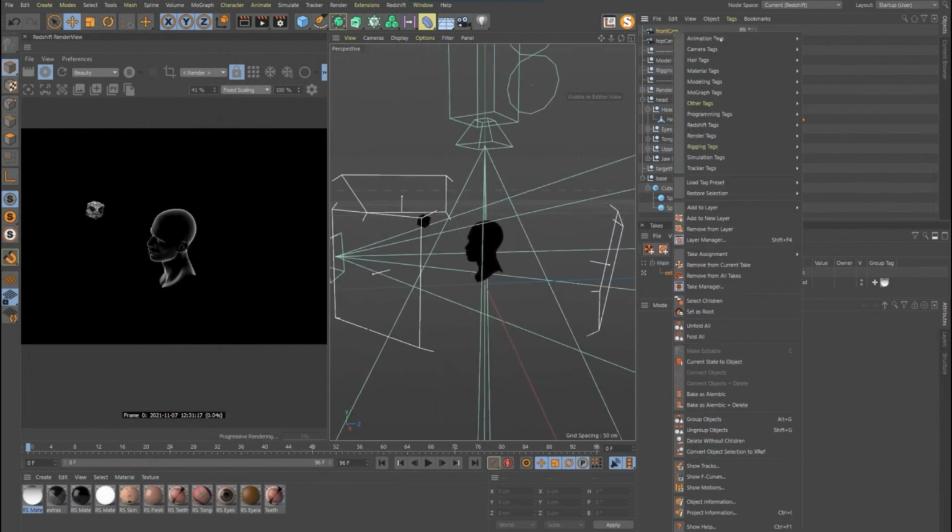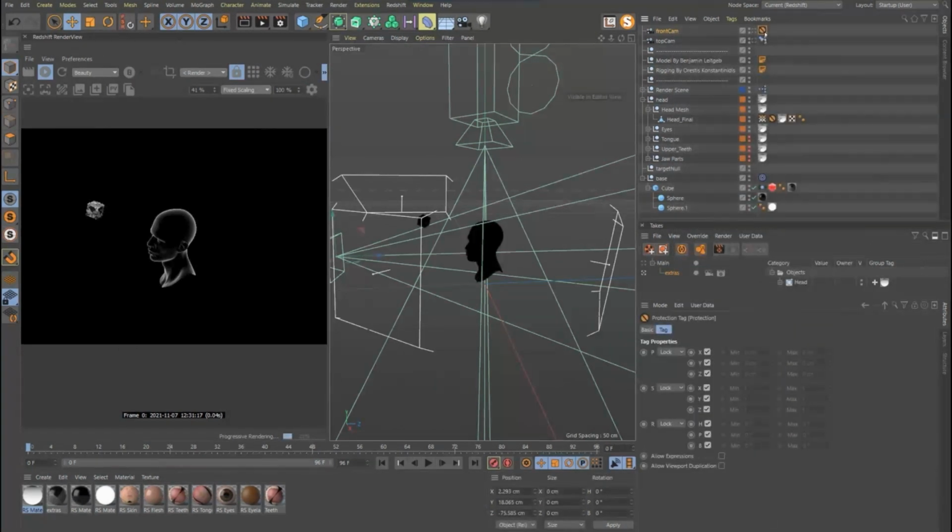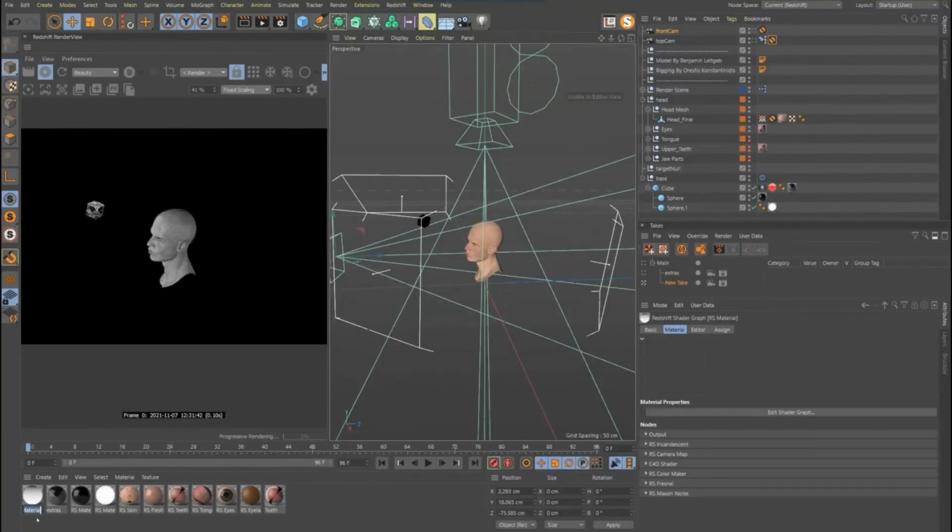While we're out here, I'm going to put a protection tag on our cameras, and it's in rigging tags, protection tag there, and protection tag there. That just means we can't move our cameras around, so if anything should get knocked around, these will be fine. Let's make a new take. So we have our extras, and we'll name our material extras. And then this new take we'll call RGB lights, because to make this colorful, I want to use lights to do that. We'll show how we do that.